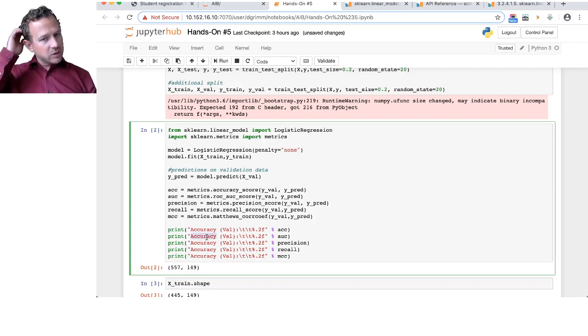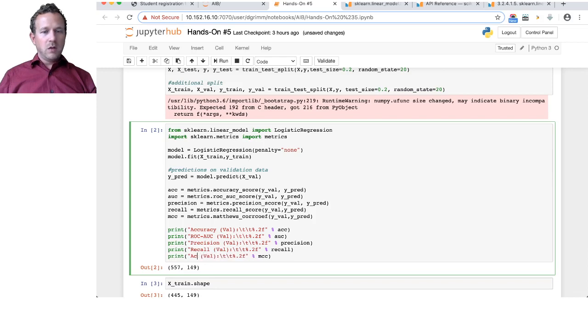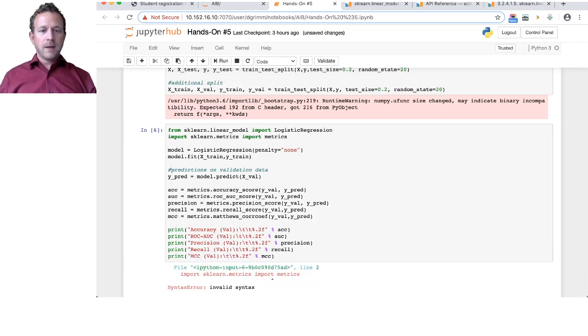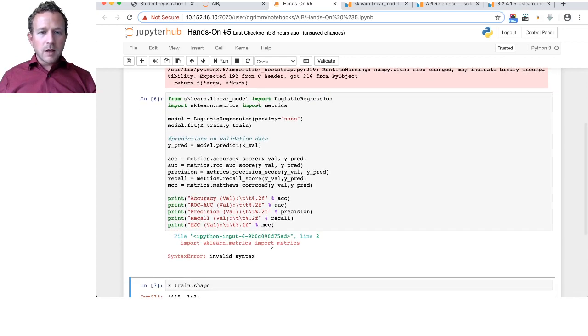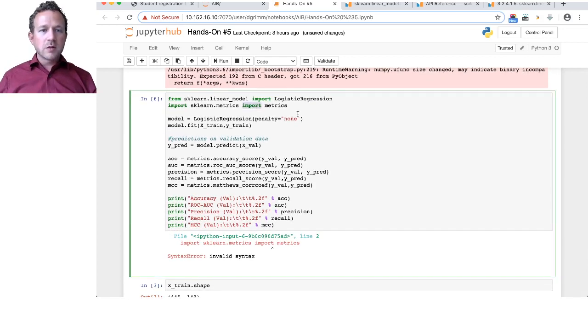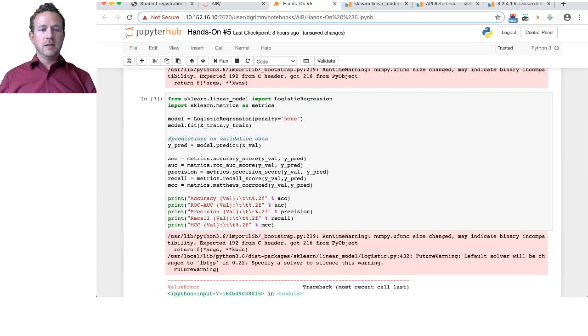Here also change the description, so ROC AUC, precision, recall and Matthews correlation coefficient MCC. Now let's execute this, and then I have to change this as import scikit-learn metrics as metrics, and then it